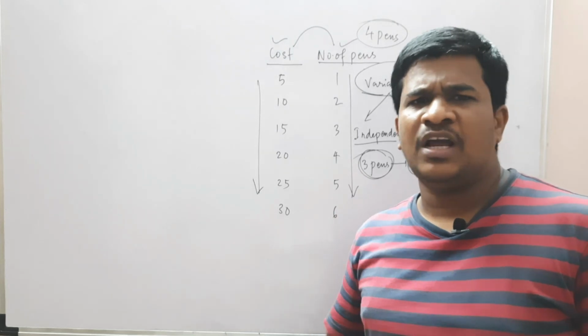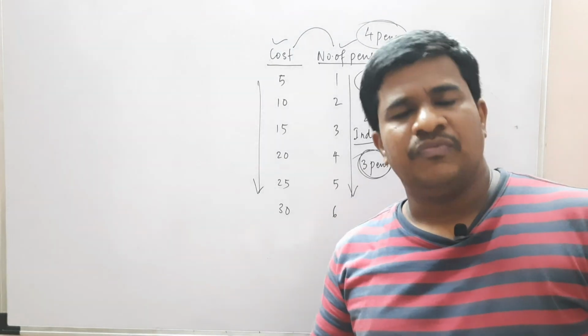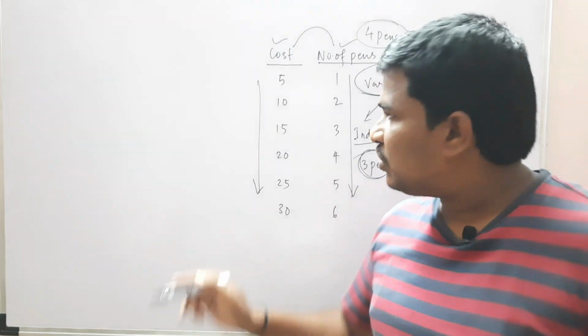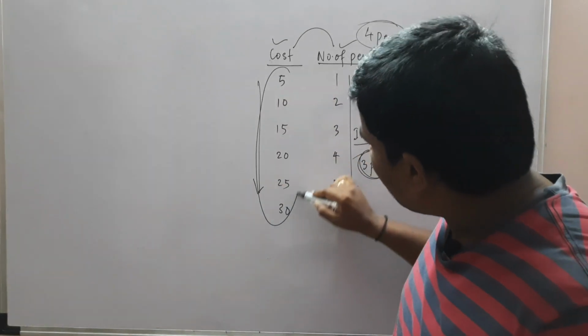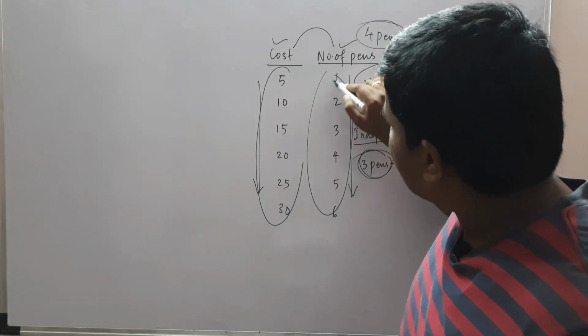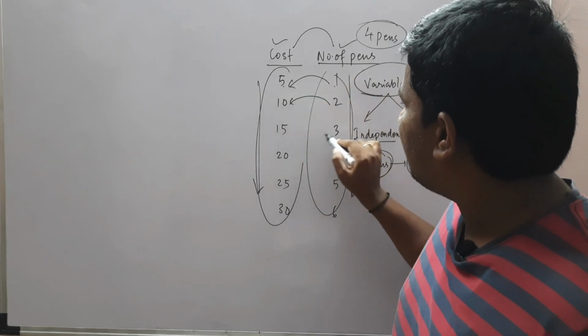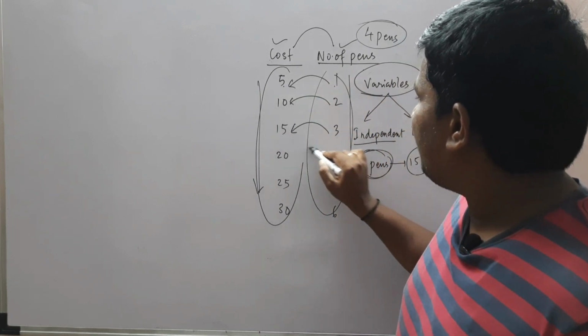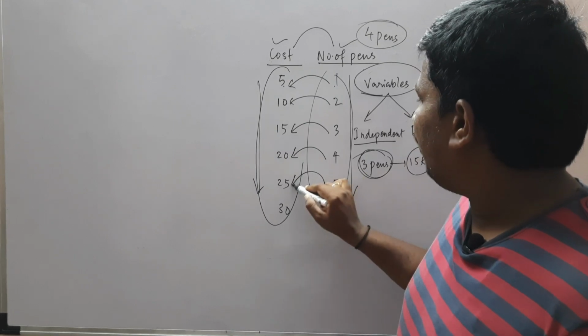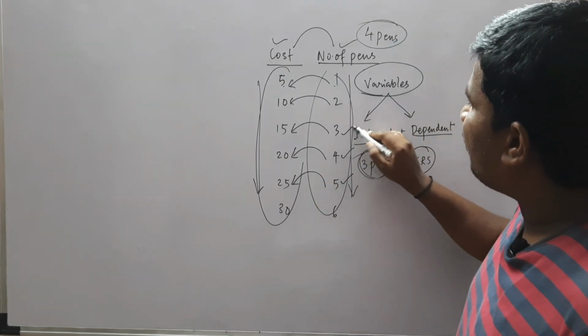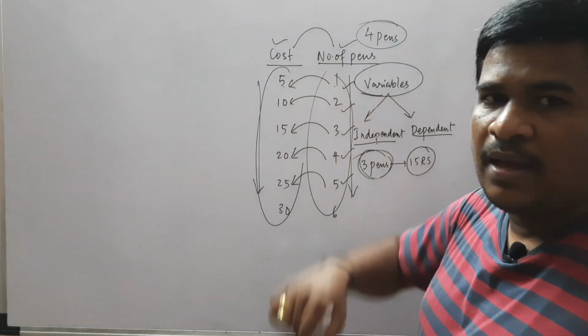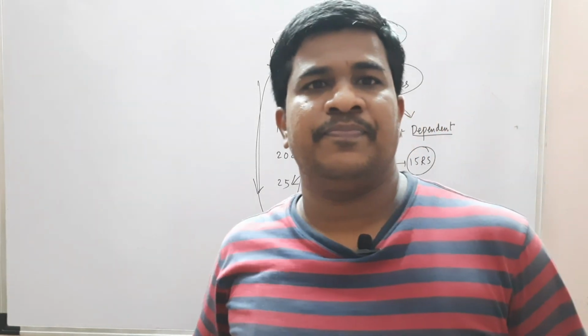Cost clearly depends on the number of pens. 1 pen is 5 rupees, 2 pens 10 rupees. So if you know the number of pens, then the cost will be decided. 1 pen 5 rupees, 2 pens 10 rupees, 3 pens 15 rupees, 4 pens 20 rupees, 5 pens 25 rupees. So first you know the number of pens, then you decide the price or cost of the number of